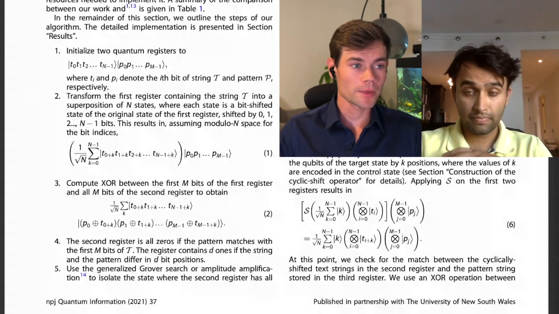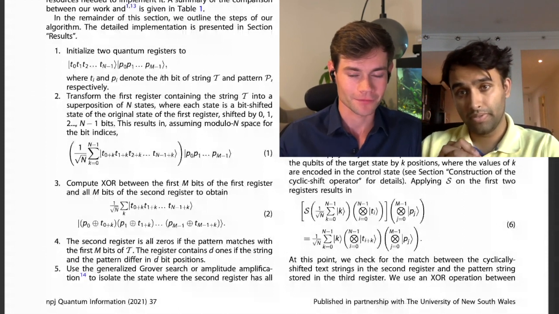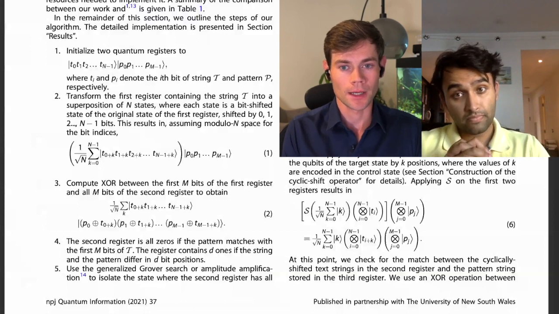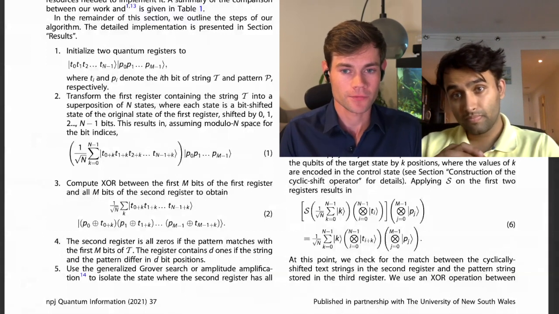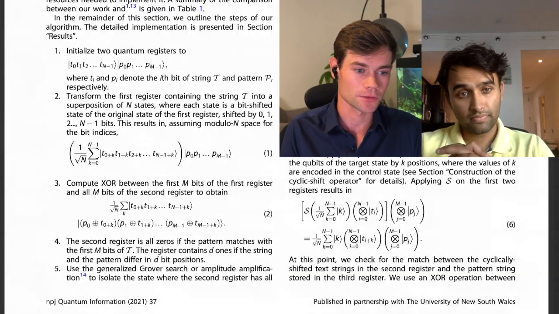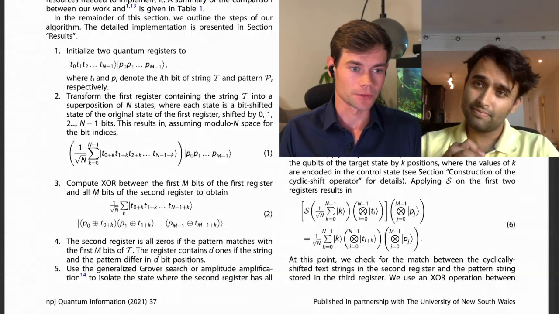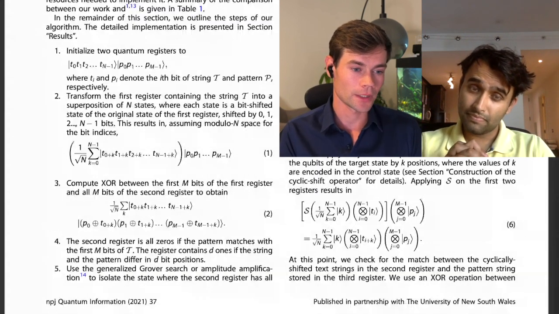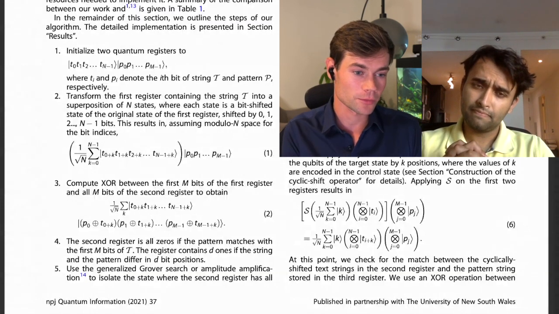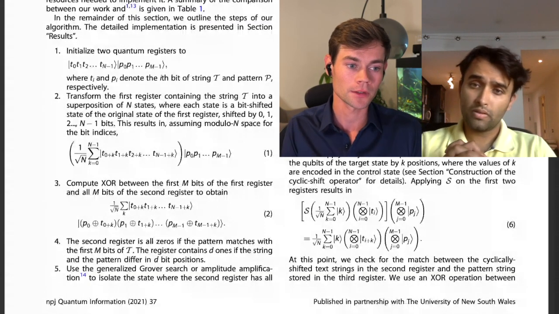Okay. So moving over to step number 2, this is where we actually start manipulating this information. You say the first thing you do is create a superposition of these states for the string. You can immediately see some resemblance to the Grover's algorithm that you mentioned before. One question before we go into the details: was the general idea when you developed the algorithm that you wanted to leverage Grover's algorithm, and for that reason you superimpose them as the first step? Or is there another rationale for how you approached developing the algorithm to begin with?